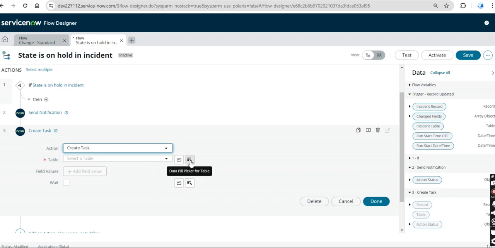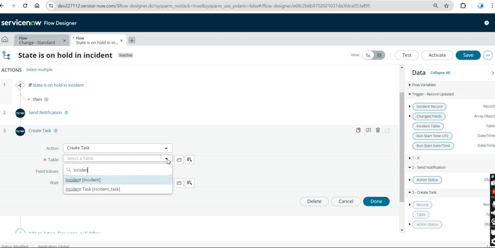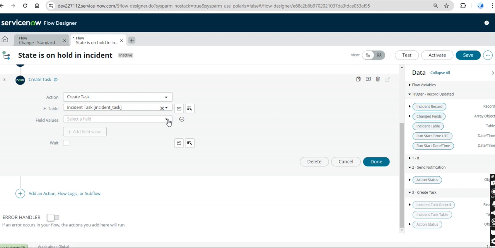So just select the table. That is the incident task. Incident task is there, and add the field values. Which field value? Color. Color is not available, okay. Short description, short description. So that is their description. Yes, the short description field is